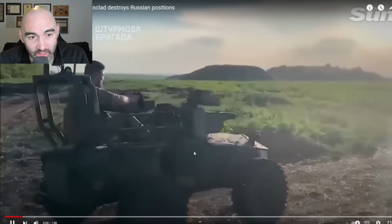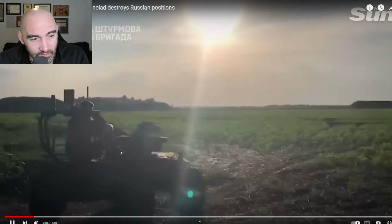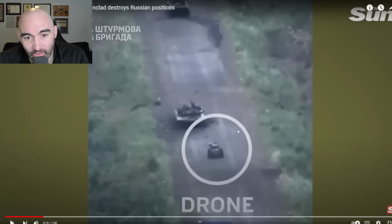And let's see if we can get a shot of it here. So this looks like a control vehicle, an ATV that seems like it has to get pretty close to the drone to operate it. But you can see it looks like a pretty simple ATV style format. Now here's an example of what I'm pretty sure is on a training range. So here's the drone itself. It looks like it's on the same basic chassis. It looks like it has maybe an M2 or more likely a Cord or another highly reliable machine gun on